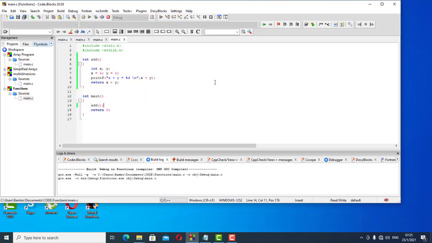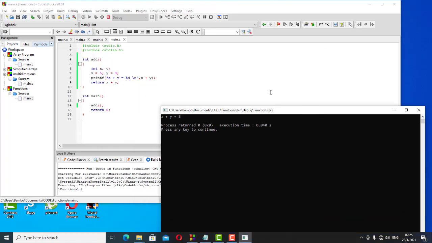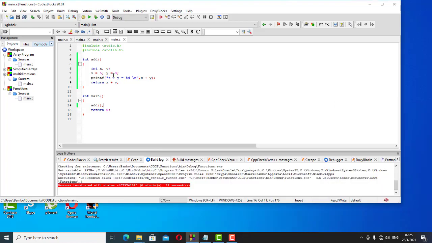If I run it, I'll be able to see the contents of this particular function, which is add, starting from line 4 to about line 10. And I'm seeing the contents of add within my main function. So that then means I've called my add, and my add gives me that result. So maybe what I can do is also put a printf, and my printf shows main function,